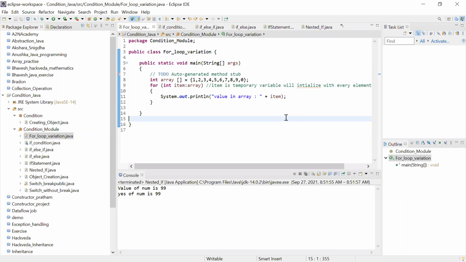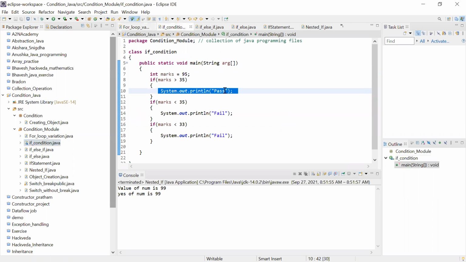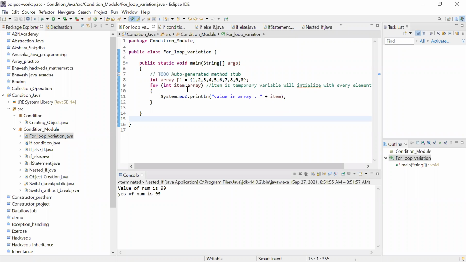Till now we have seen that we are saving only one value in a variable, right? For example, here we are holding only one value in the variable. But what if you wanted to save a set of values in a variable? How are you going to do that? You are going to do it with the help of an array. So this is the name of my array variable, and it is going to hold these 10 values at a time. So an array is a data structure which is used to hold multiple values.